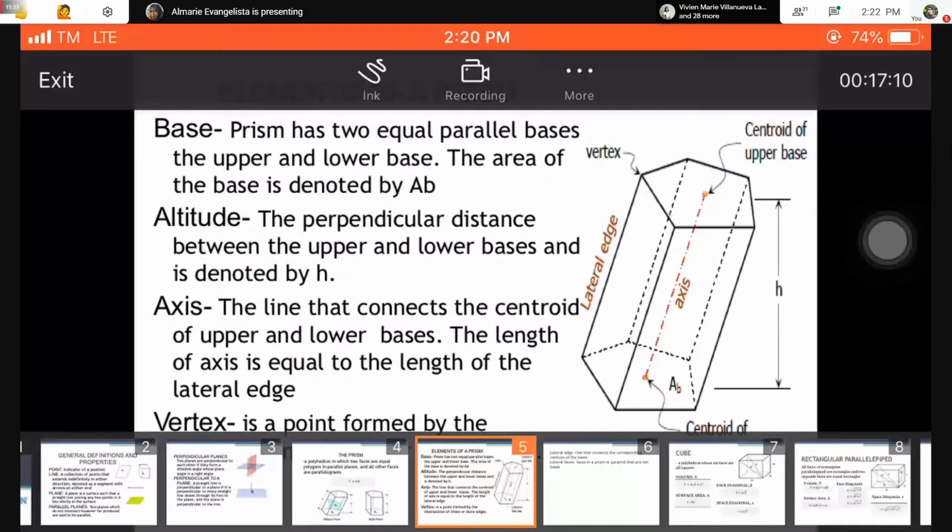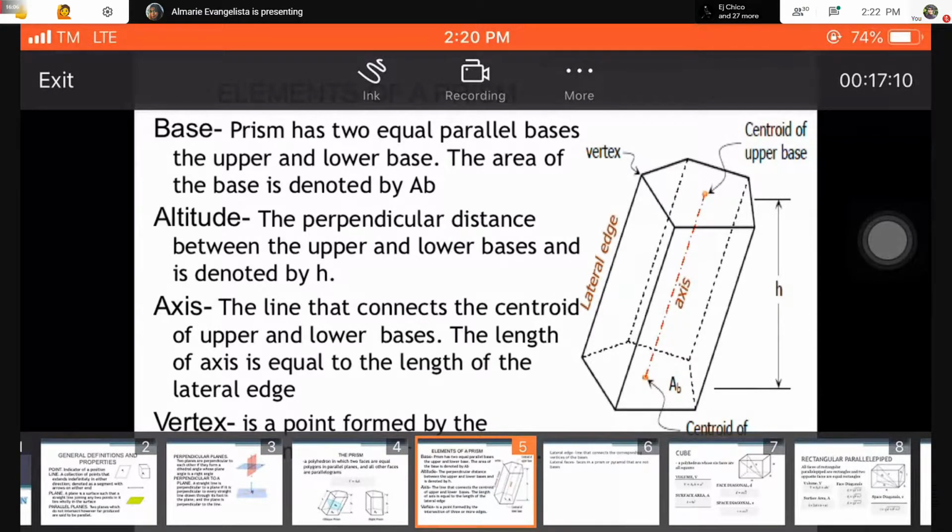Yun yung height. So, next one is yung axis. The line that connects the centroid of upper and lower bases. The length of axis is equal to the length of the lateral edge. So, ayan. Hanapin nyo lang yung pinaka-center ng base, ng upper and lower, tapos yung line na nagdudugtong sa kanila is yung axis. And next is yung